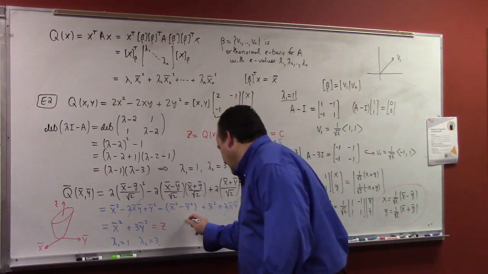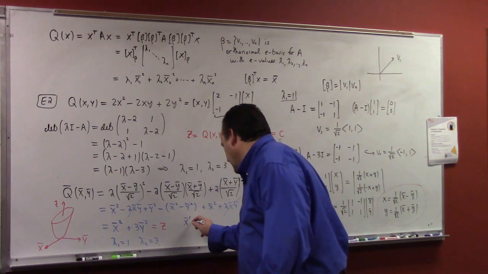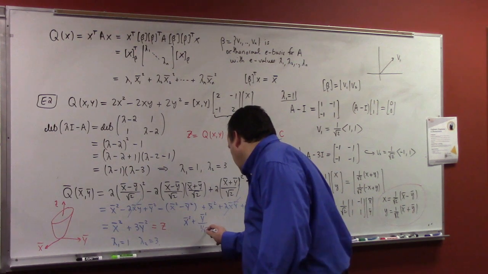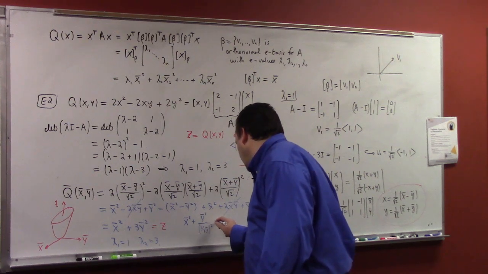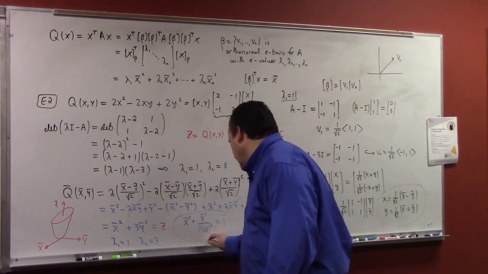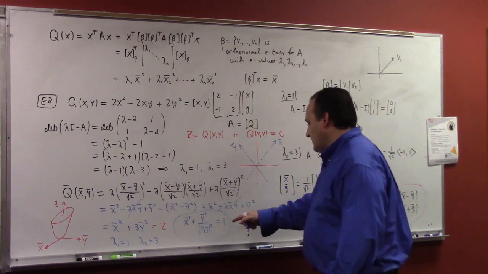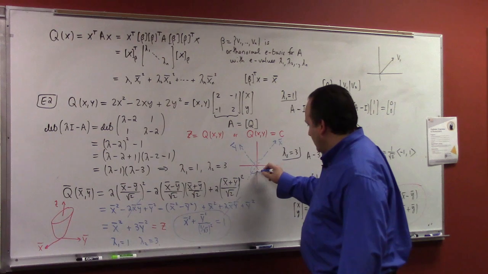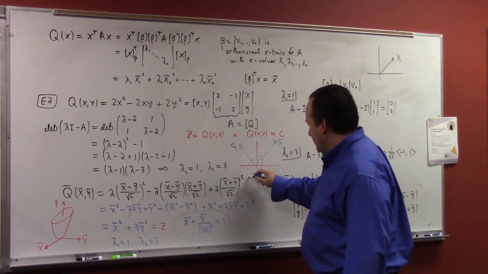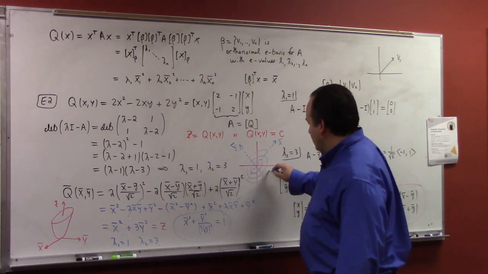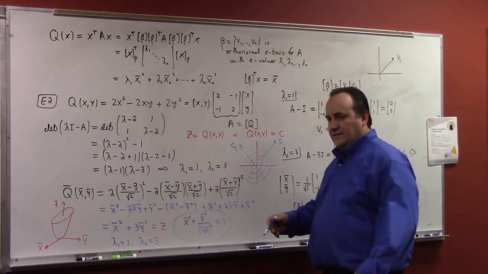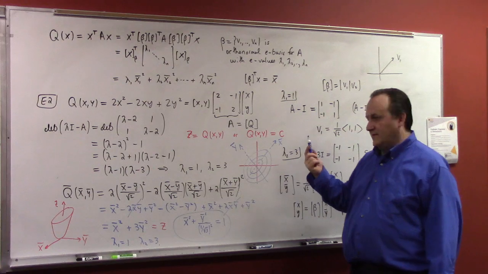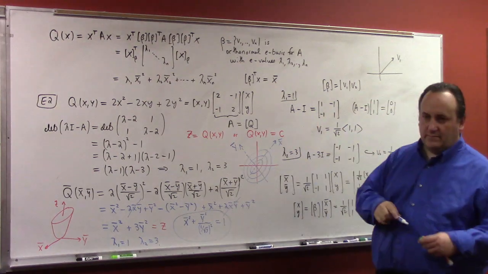I should write it like this: x bar squared plus y bar squared over (1 over root 3) squared equals 1, for instance. That would be an example of what I'm trying to do here. So it's a little bit more like that. They're tilted ellipses, right? And if c is less than 0, there's no solution, but otherwise you're looking at